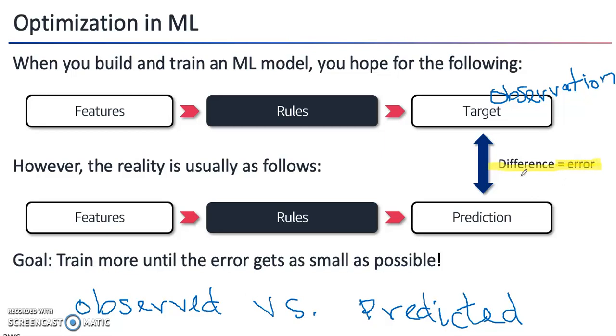So the error is a difference, and that difference is when you compare prediction and observation. You may literally take the subtraction of one from the other. You can take the absolute value of the subtraction. Absolute value in higher dimensions is generalized with the norm of a vector, so you can take the square of the norm of the difference between observations and predictions. Those are the kinds of metrics that are used to quantify the discrepancies, quantify the error. Very importantly,